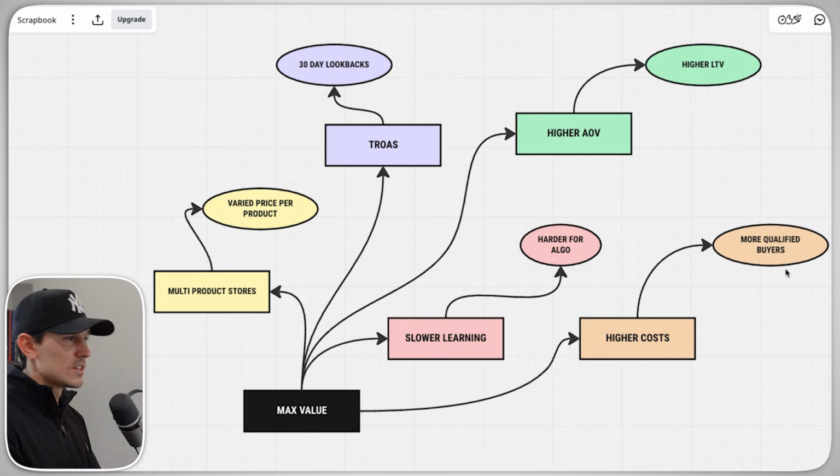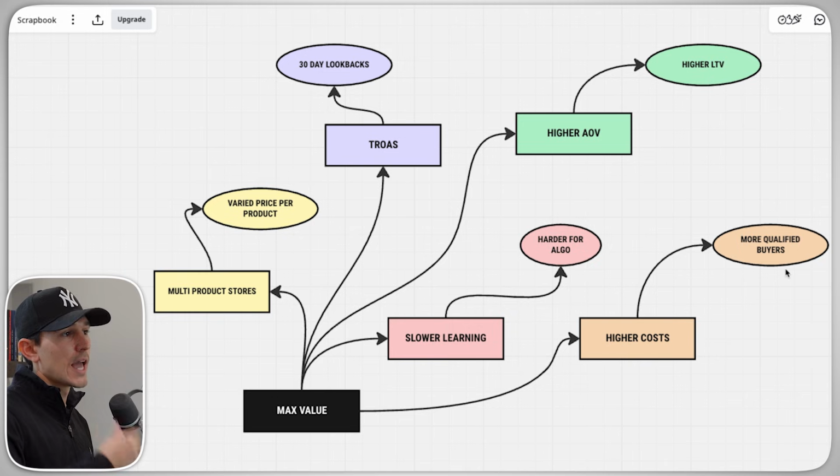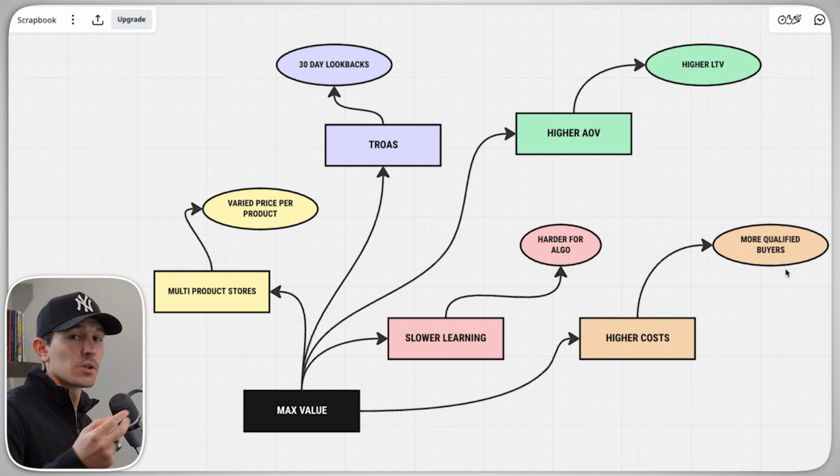So it's kind of a seesaw where there's some benefits there. There's some downfalls there. You might be driving less traffic overall, spreading less awareness about your business, but you're probably targeting slightly more qualified buyers who are actually A, more likely to buy, and B, more likely to buy higher